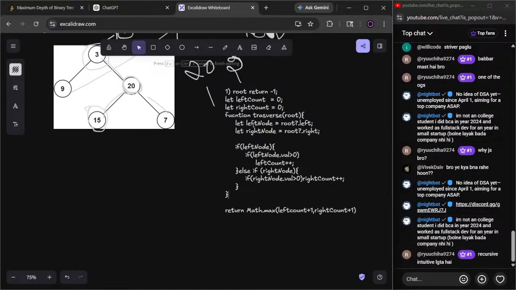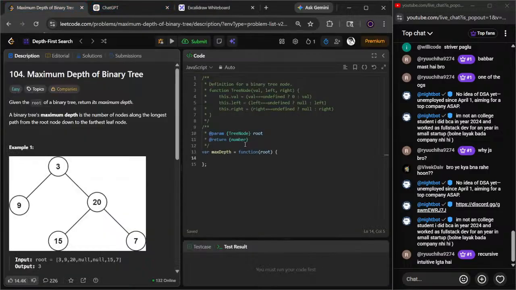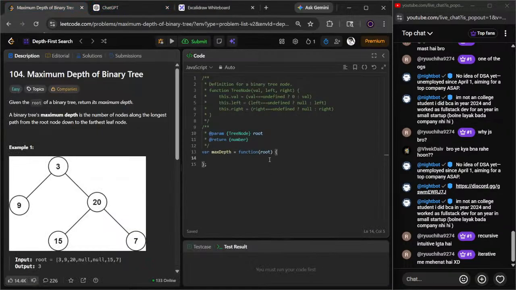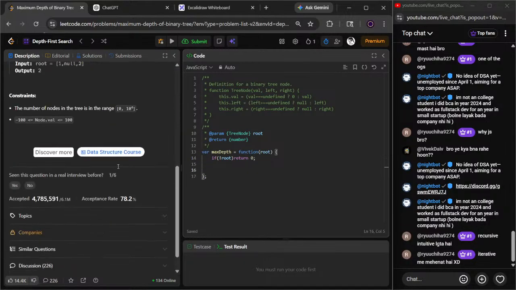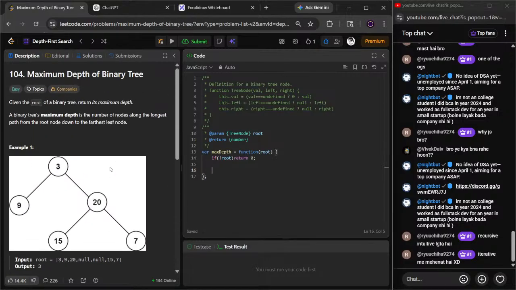रिकर्सिव इंट्यूटिव लगता है। आइटरेटिव में मेहनत है, वो तो मेरे से ना हो पाएगा। मैं तो यहाँ पे ऐसे कर रहा था, रूट चेक कर रहा था। रुक जा, जो भी हम उधर लिखे थे उसको यहाँ पे लिखा था पहले। अगर नहीं है तो रिटर्न जीरो कर देते हैं। चालू कर दो मेरे को। अगर मेरा लेफ्ट है।